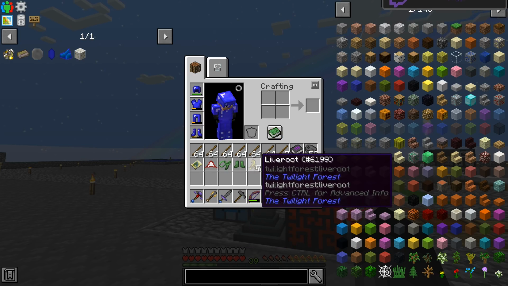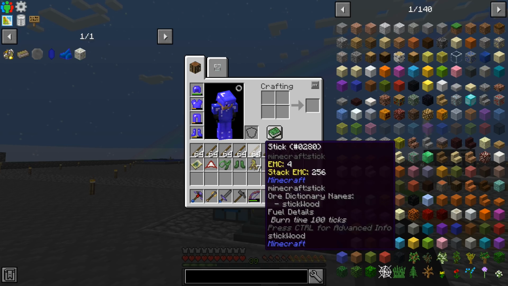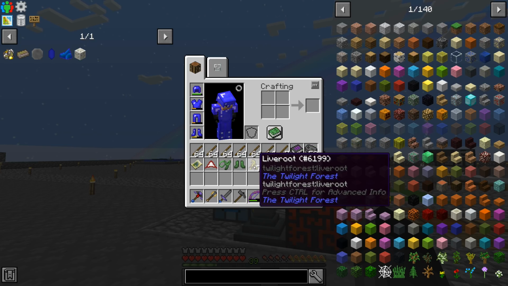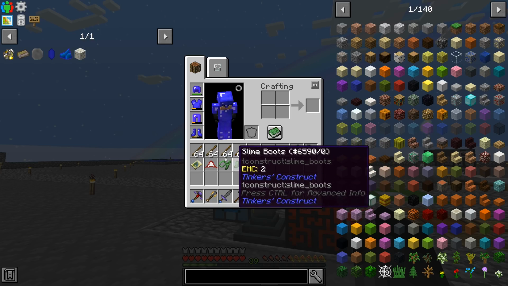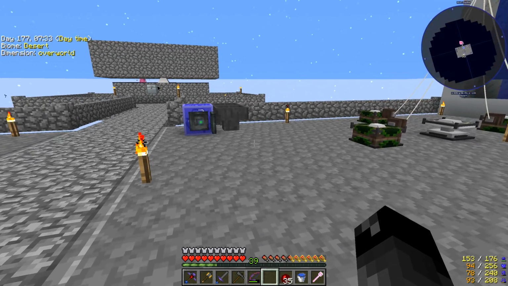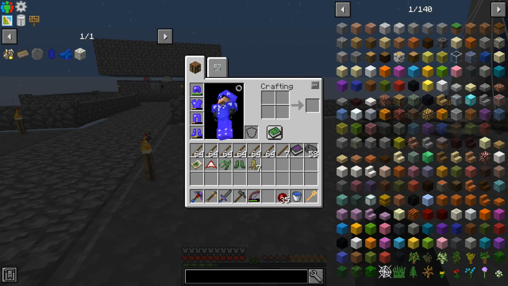I've been collecting this live root stuff. So you collect this from the root blocks, and I think the ones that have the live root in them are slightly different. They're colored differently, but anyway, all these sticks are from all of the different root blocks. Yeah, so I've been there trying to collect all this stuff for the live root